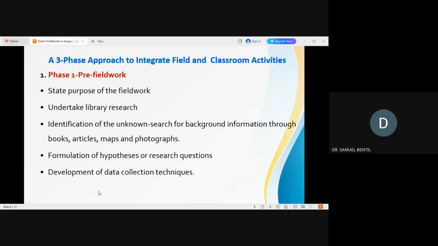The first one is that you must first make clear why you want to do the field work. What do you seek to achieve with the field work? What is the purpose of the field work? That's the first thing you must ascertain, because you cannot say that you are doing field work for the fun of it. You should have a purpose, a reason, a rationale